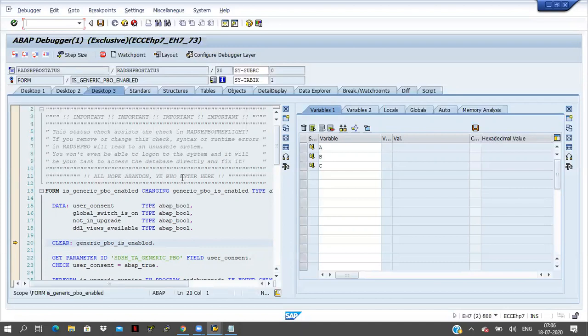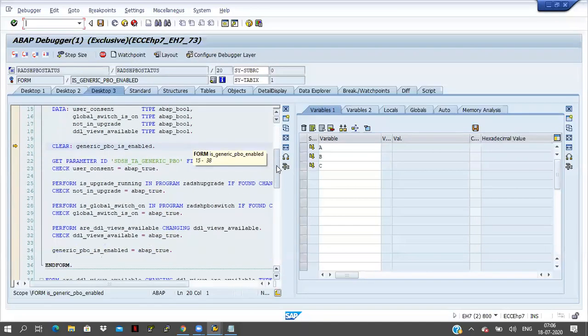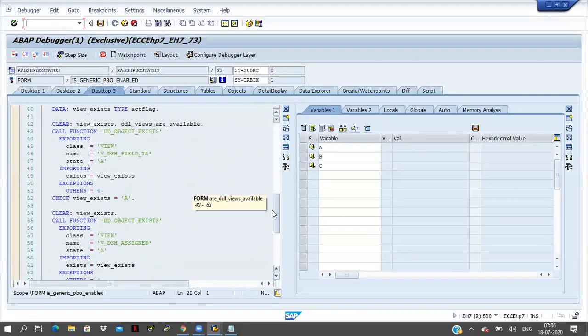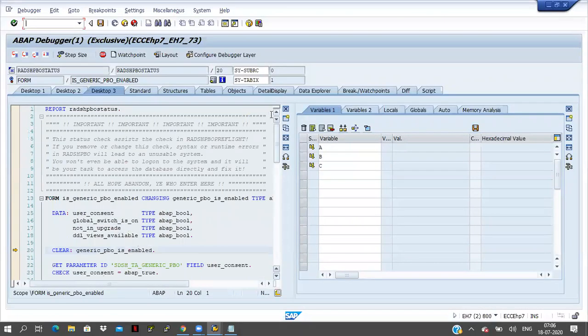If you see this type of thing, I mean unknown programming, it is because you did not develop this code. Automatically it came here. I don't want to see this one, and I don't want to execute this one.